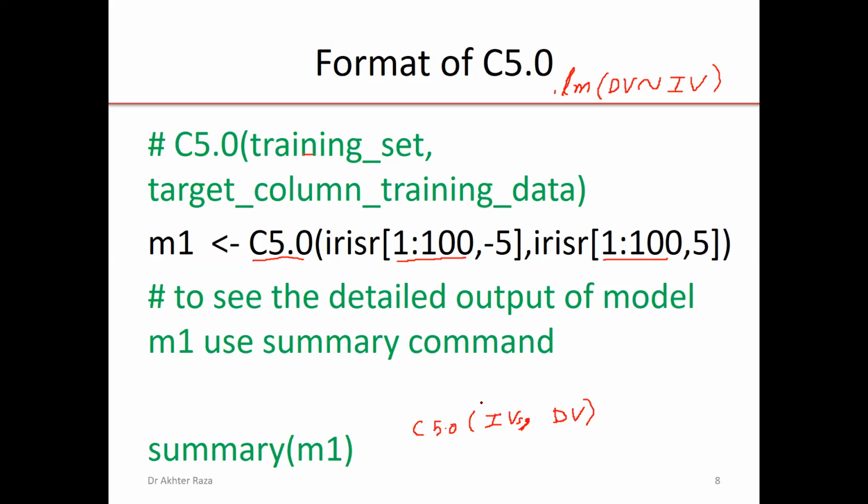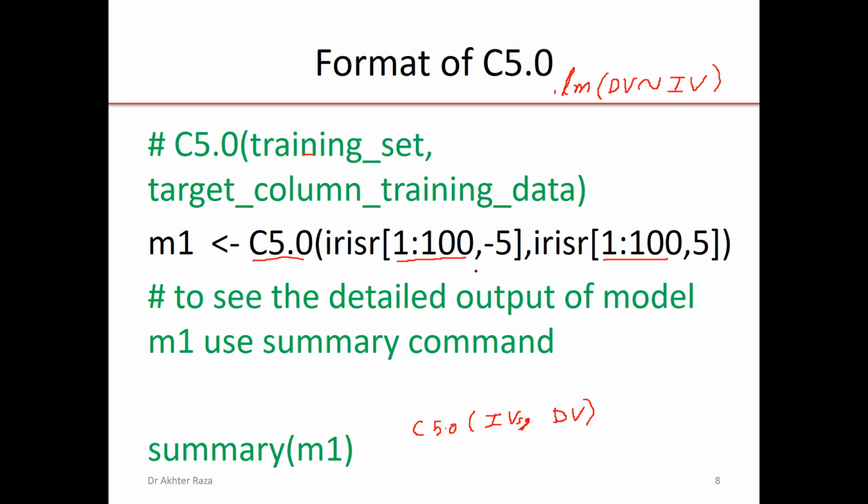We must have mixed data, because if we do the same command on iris instead of iris_r, if I remove iris_r and use iris, the model will not be built properly, because in the first 100 rows of iris there are only two categories, as the categories are sorted by groups.